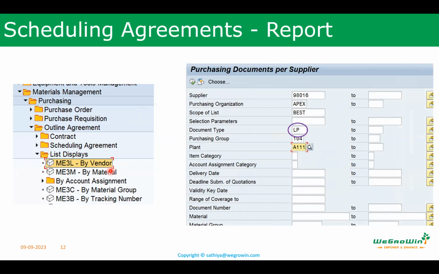Can you remember? ME23N. That is one. By vendor, ME2L, and by material, ME2M, sir. Yes. You remember now? Yes, sir. Correct, sir. Scheduling agreement: ME3L, ME3M.